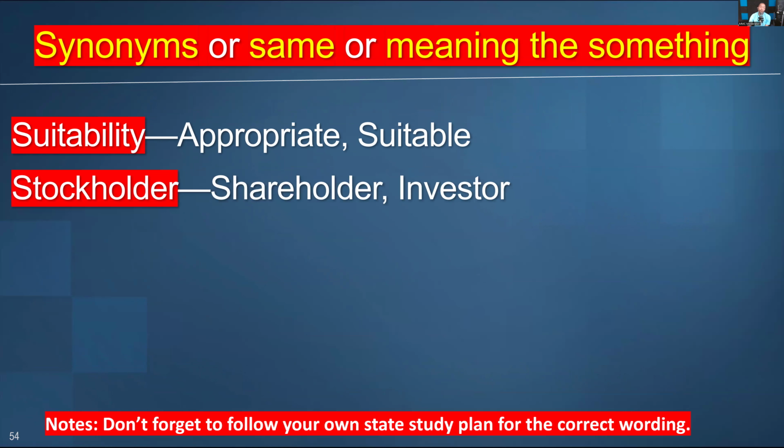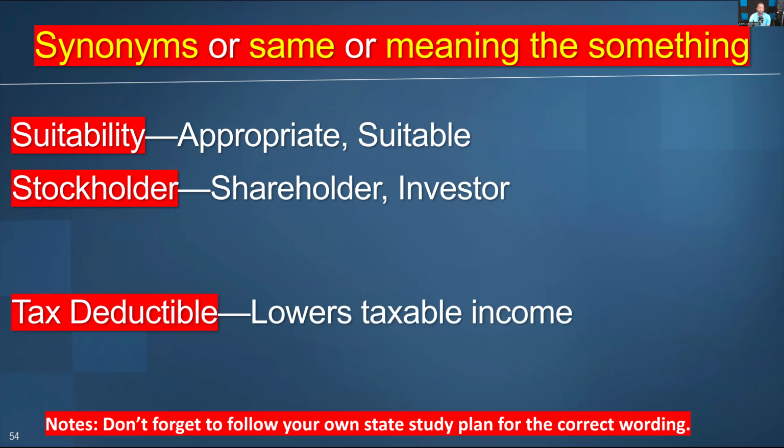Stockholder, meaning shareholder. It means investor. That's why in a stock company, when the shareholder, stockholder, or investor receives the dividend, it's taxable because it's new money to the stockholder. They mean the same thing. But if it was a mutual company, the dividend would not be taxable because it was a return of unused premium. So understand the difference between a stock company and a mutual company.